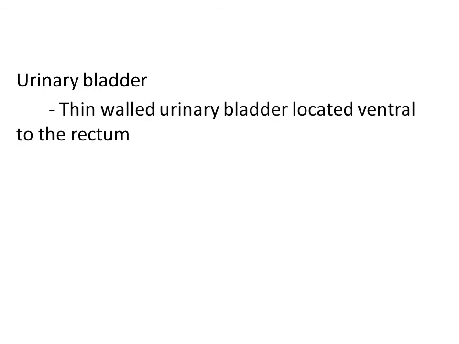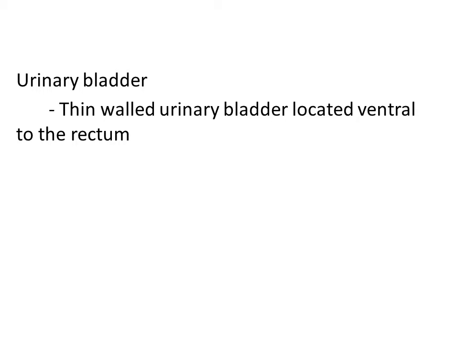What is the function of the urinary bladder? As soon as the ureter ejects nitrogenous waste, it does not move out from the body, right? It is temporarily stored in one of the organs called the urinary bladder. So the urinary bladder is an organ where temporary storage of nitrogenous waste material takes place, right? Before the ejection of nitrogenous waste out of the body, it is temporarily stored in the urinary bladder.